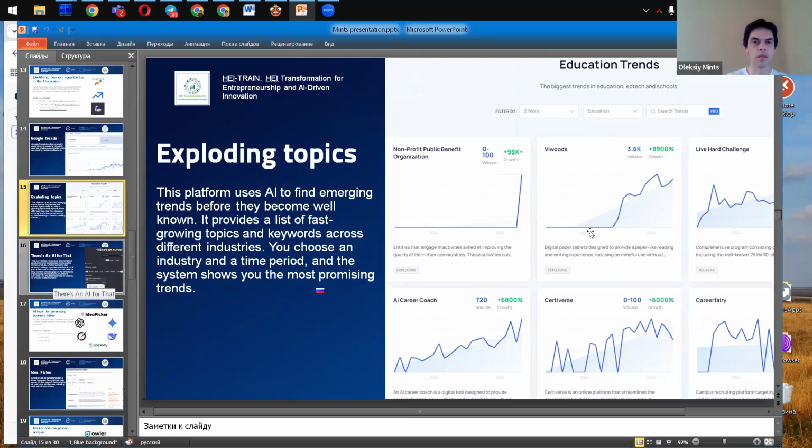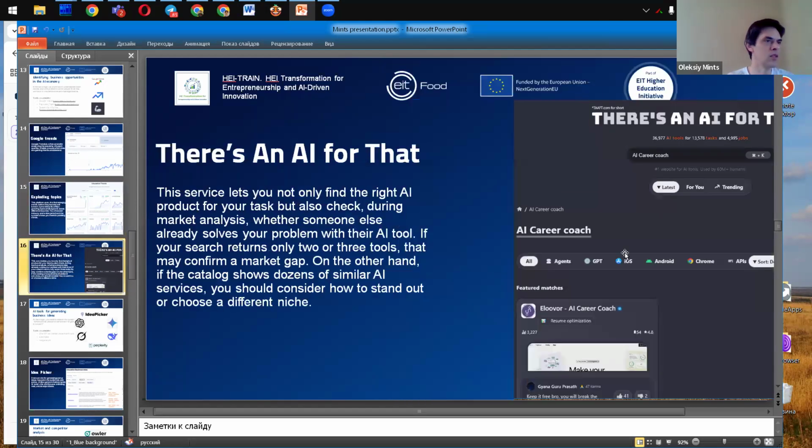Next useful tool is There's An AI For That. You always hear about this tool from previous speakers.